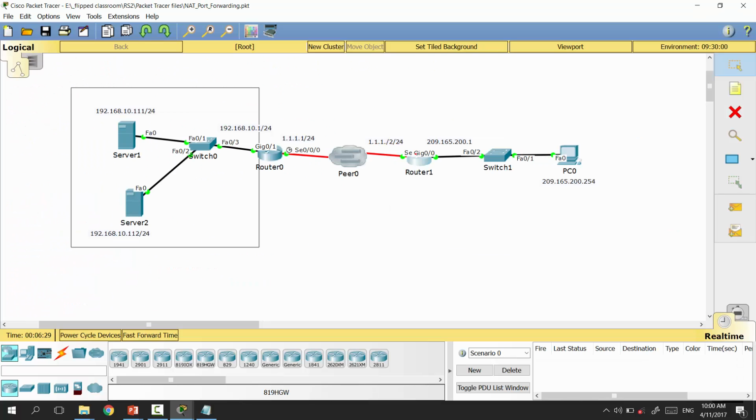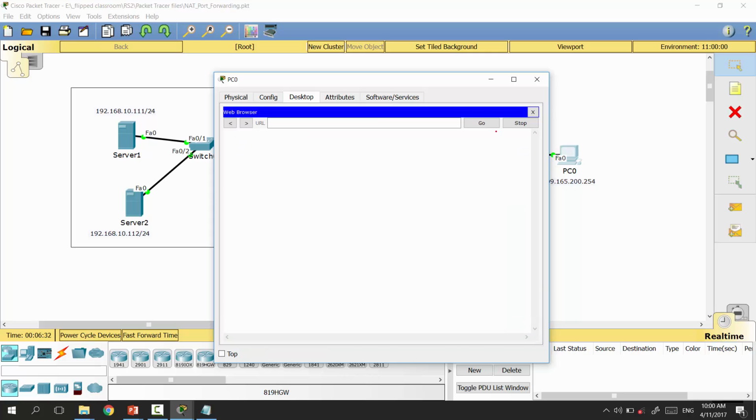And now if I try to make this communication again by the IP address of the original server,